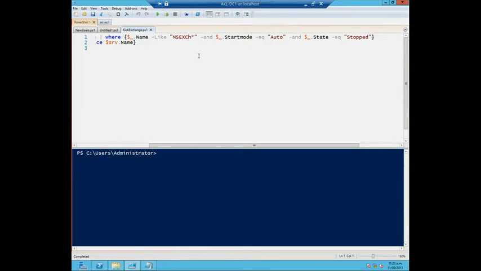The other thing about Where-Object, obviously there's equals, not equals. There's a few things in there. They're called comparison operators: equals, not equals, like, case sensitive like, all that kind of stuff. But I can also get some fairly complex things. So I wanted one here that was all Exchange services that start mode was automatic but didn't actually start. So I take that entire set, my second line of my little script here, and for each item in that set, go through and try to start the services.